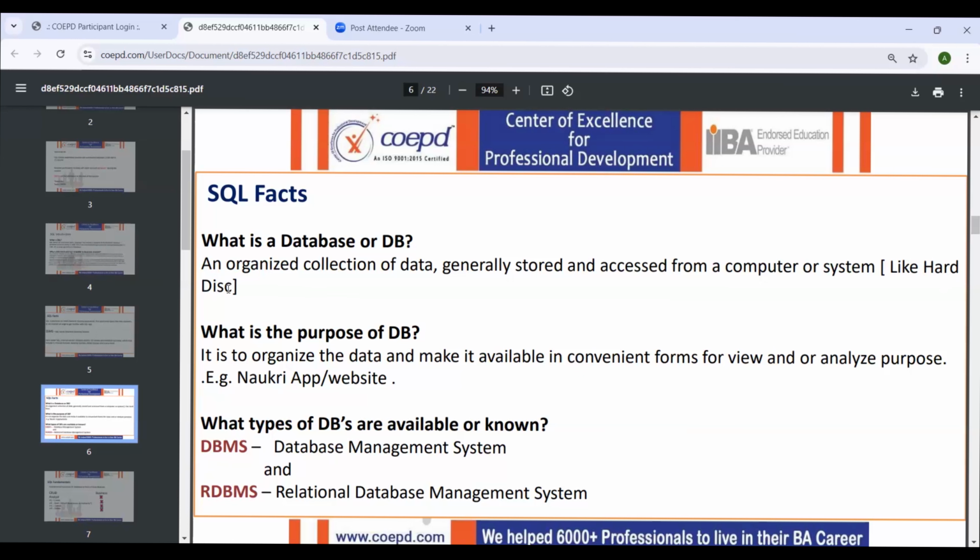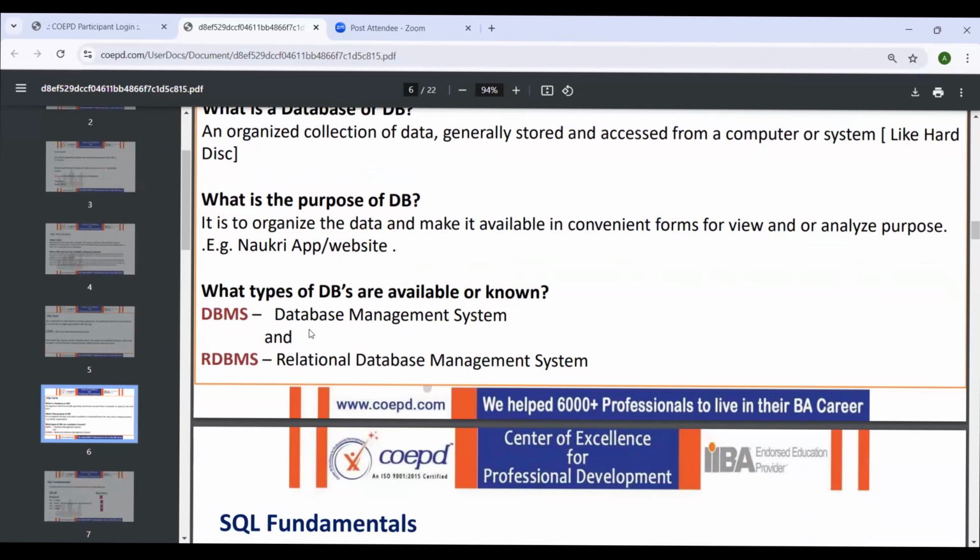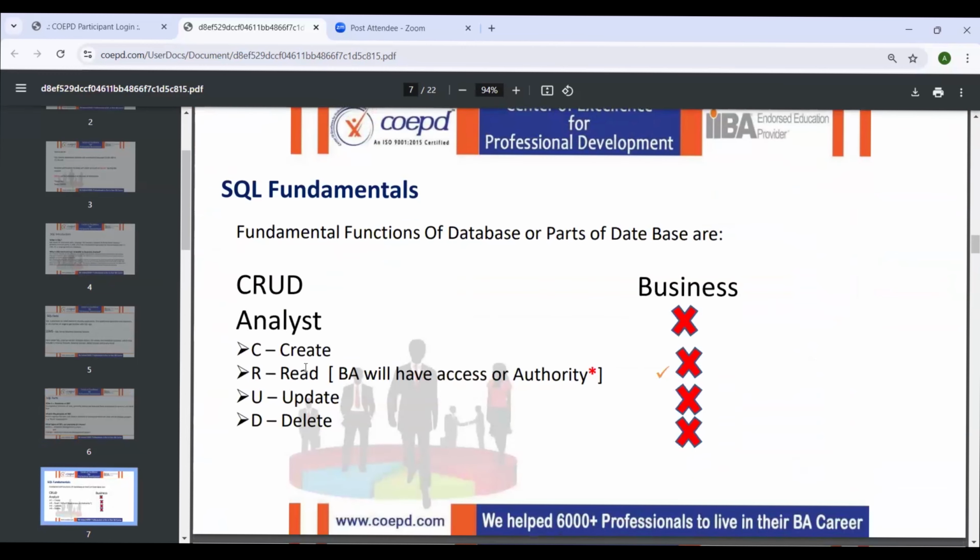As for the purpose, we can save the data and retrieve the data. It is also to organize the data and make it convenient for viewers and for analyzing purposes. We will use this data for analysis as well. We'll discuss DBMS and RDBMS in the further slides. Now, in SQL fundamentals,